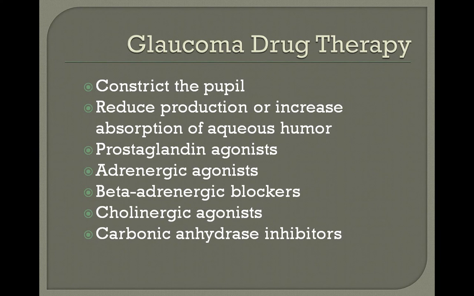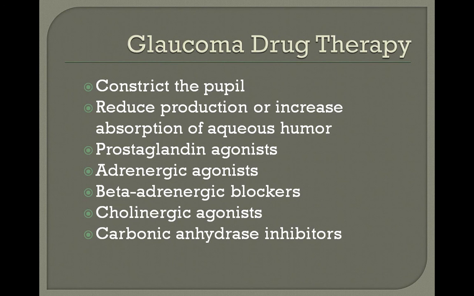And so with beta blockers, timolol is a type of beta blocker that we use for glaucoma. And so these medications are going to work by lowering intraocular pressure by reducing the amount of aqueous humor that is produced. Okay. Then you have your alpha agonist, and Alphagan is a type of alpha